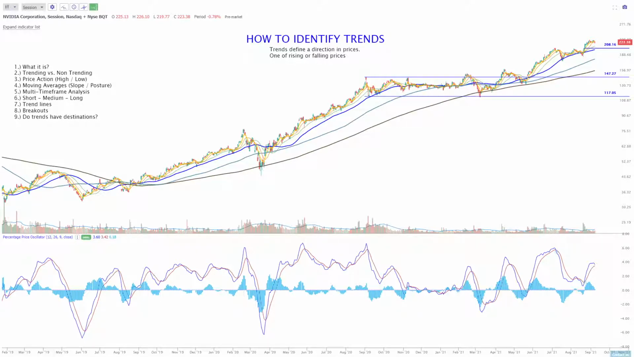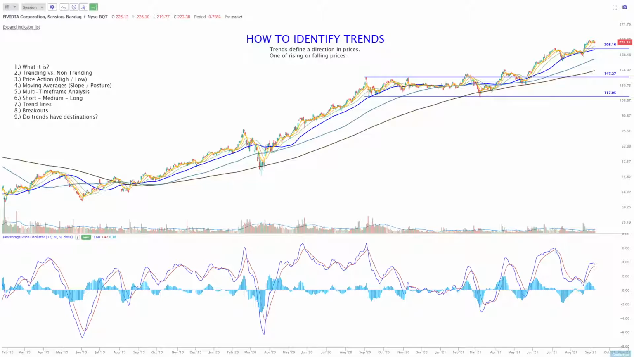larger time frame, we talk about the concepts of a short-term trend, a medium trend, and a longer-term trend for each of the charts. And remember, all charts act and react the same. That's the fractal nature that's always mentioned in technical analysis. We'll look at some trend lines and how you can draw them to help identify the trend. We'll talk about breakouts and how they impact the trend. And then we'll conclude with the idea of whether or not trends have destinations, or does the market have